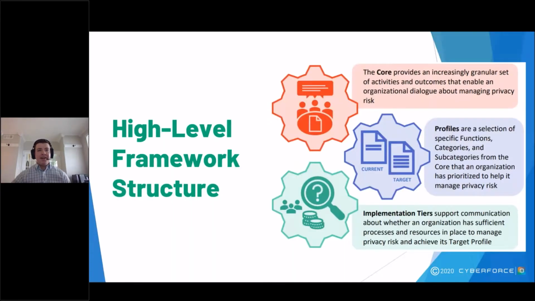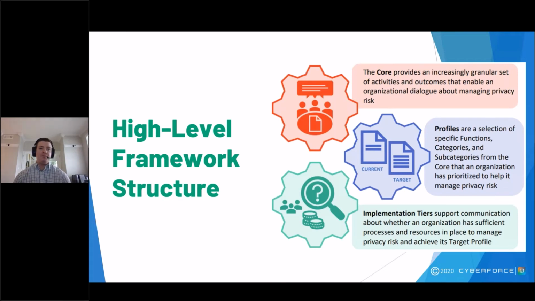Okay, so back to the NIST privacy framework. We'll take a look at the structure of this thing, as well as a few examples of the privacy recommendations contained within. One of the things that I can really appreciate about how NIST built this document is the fact that they mirrored the structure from the cybersecurity framework, because it makes it so much more convenient to use the two in tandem. There are really 3 main parts to the privacy framework, and I'll explain each.